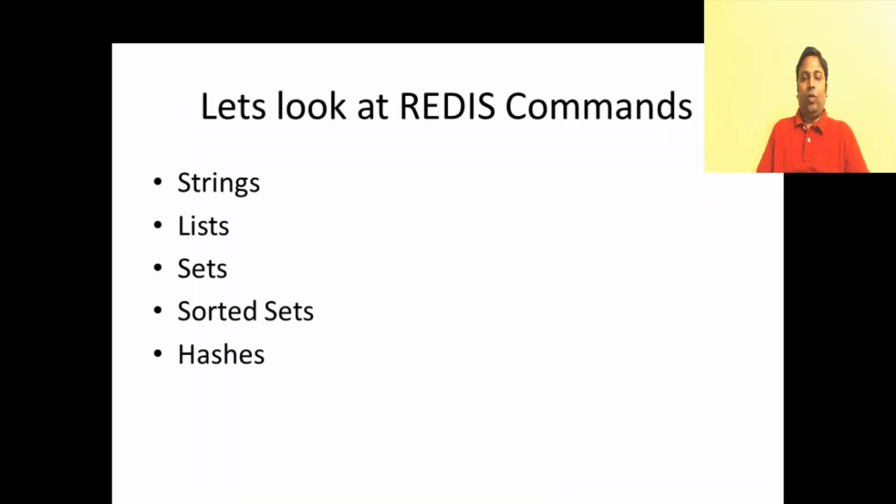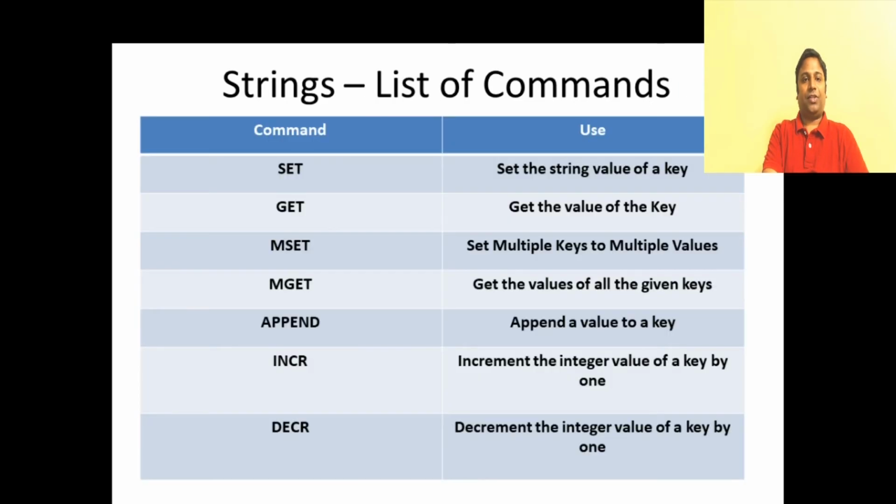Okay, now let's take a look at all the Redis commands, and we'll be learning the commands by grouping them under various data structures. For instance, we'll be learning all the commands associated with strings, then we'll go to the commands with lists and sets, and then we'll be looking at sorted sets and hashes. So it's pretty simple, and it's a very easy database, and I think we'll be able to understand this quickly. So let's start off with the commands for strings. So we have a set of commands here. Let me go and explain one by one.